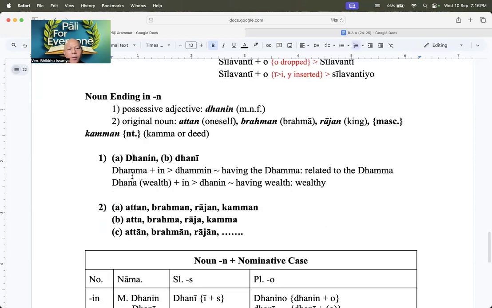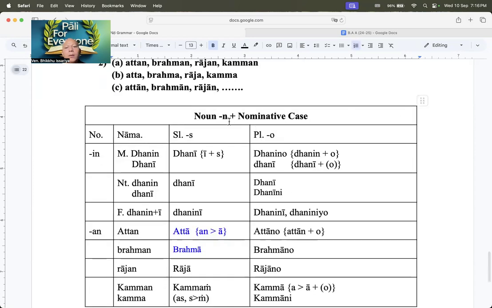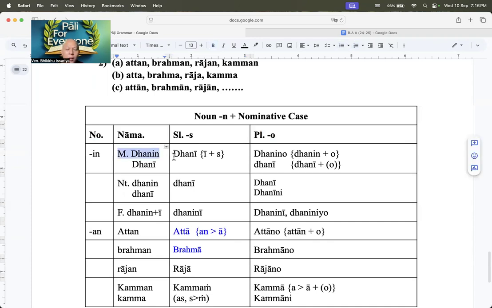So for the nominative case singular, this one is coming from the B stem by dropping the